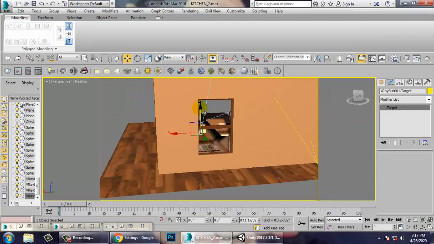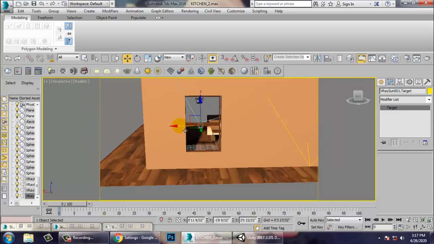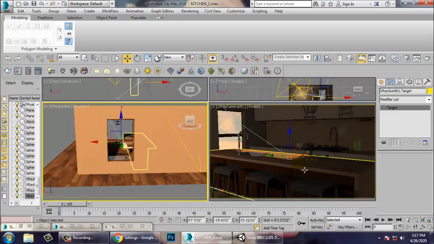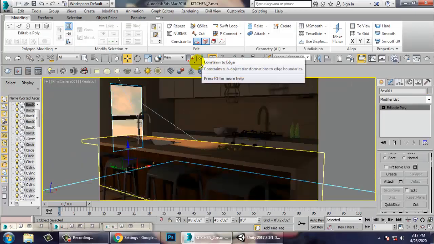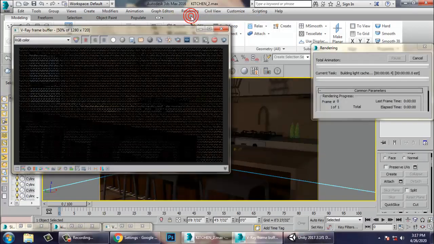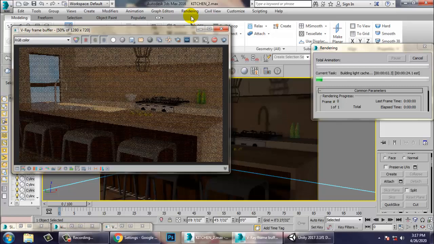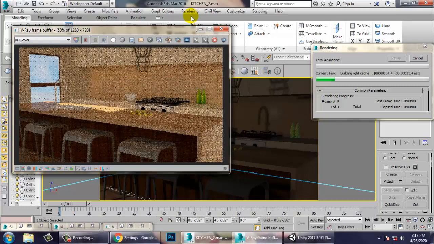So let's just push it up, push this in this direction. Much better. Yeah, now looks good. So first let it render, then we'll just check it out.